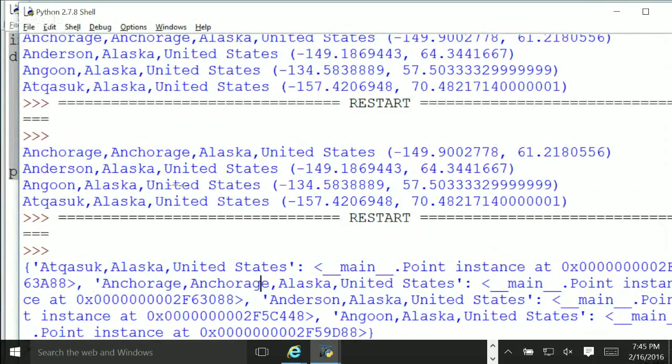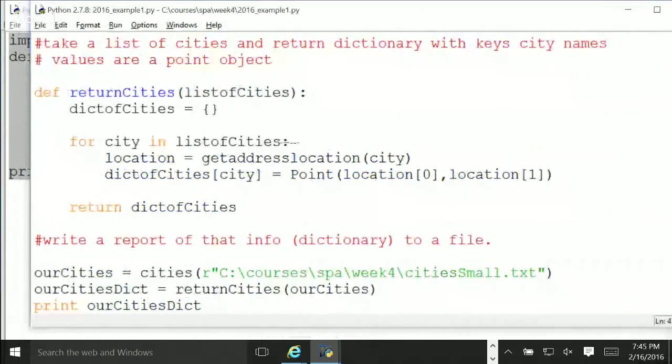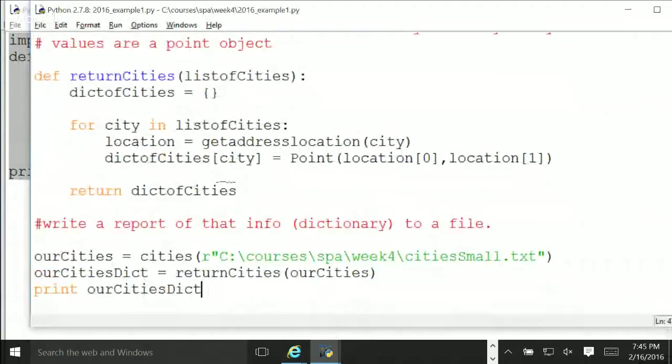If we wanted to see them, we'd have to print them out by saying something like dot X and dot Y each time through. And that's what you're actually going to have to do in the last one. All right, so these are our keys. These are our values. Okay. Close this up. All right, so our last function is basically going to take